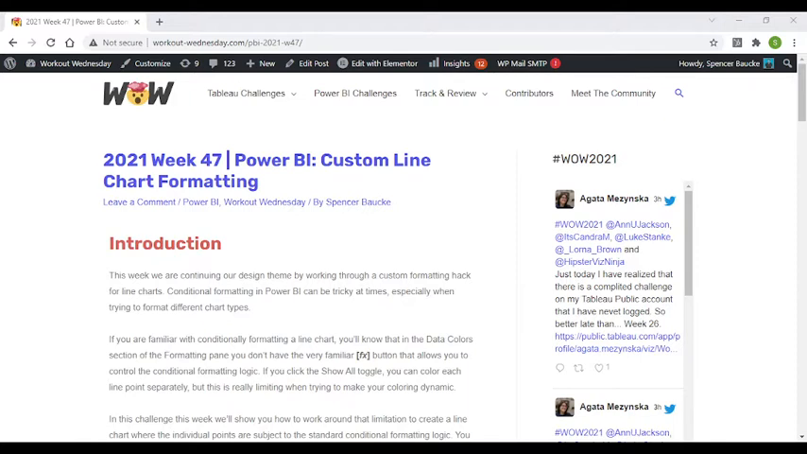For this week, week 47, we're going to be looking at some line chart custom formatting to hack through some conditional formatting where we are not necessarily offered any conditional formatting options by default. So you can see in the